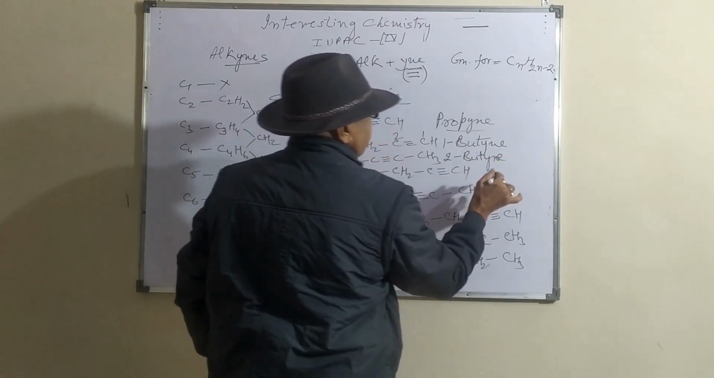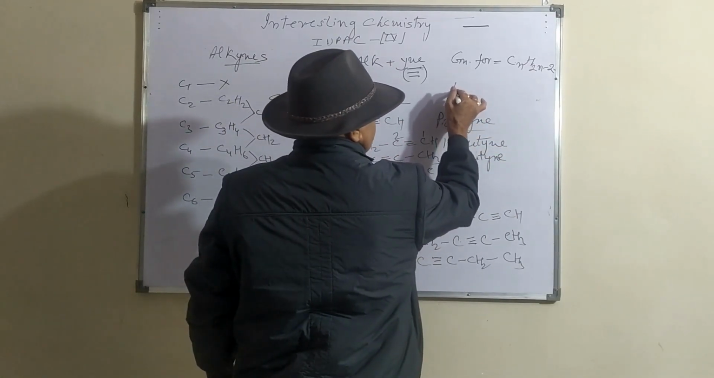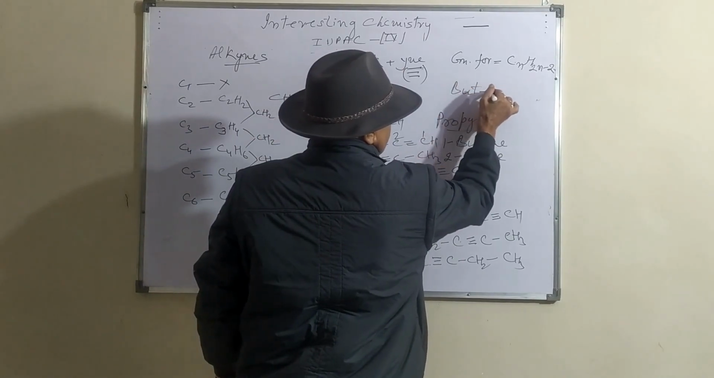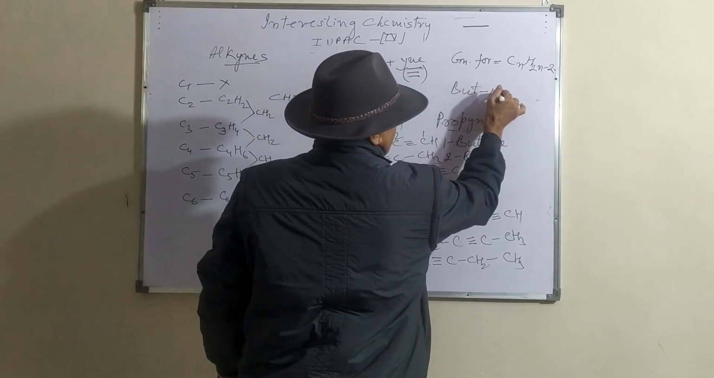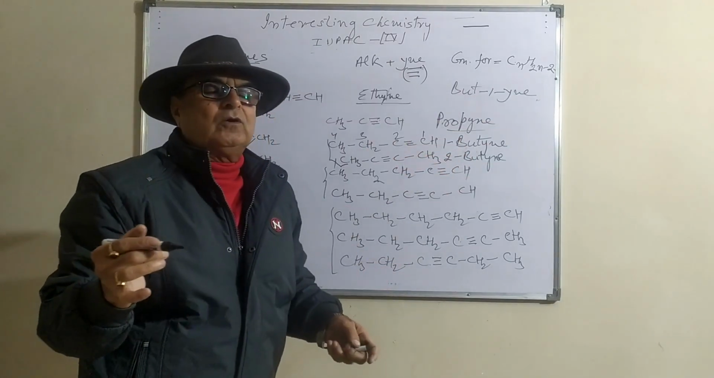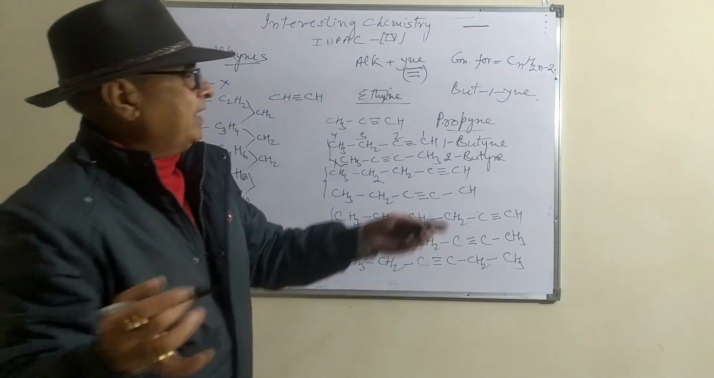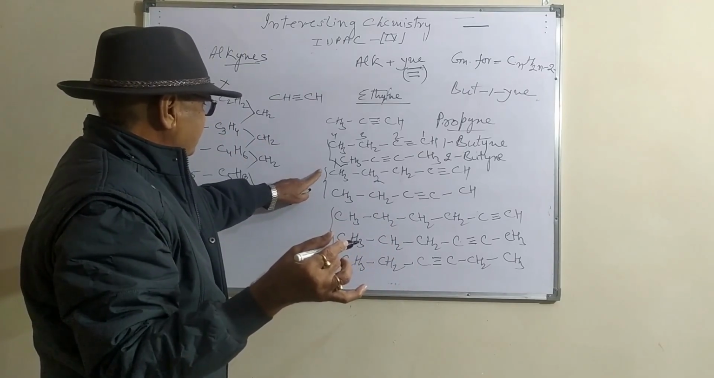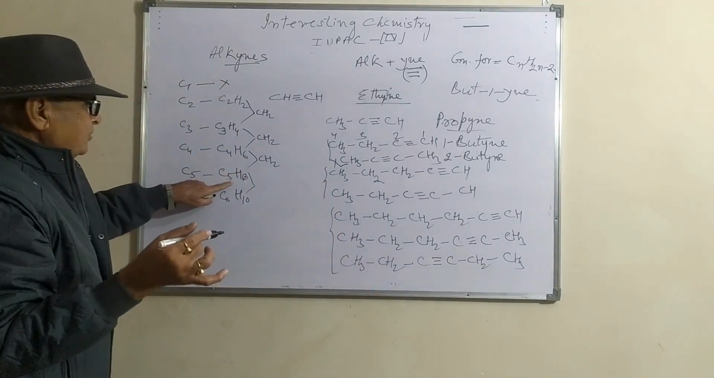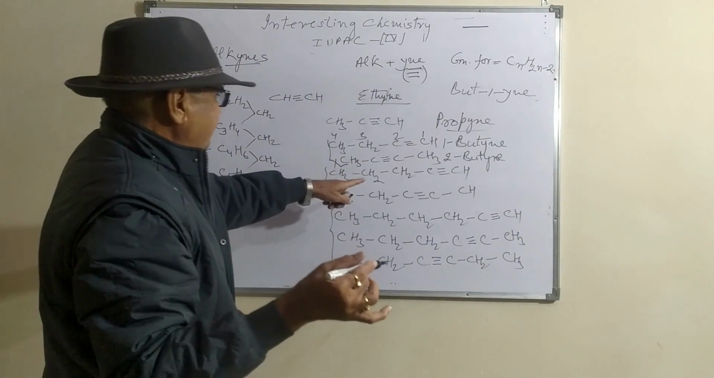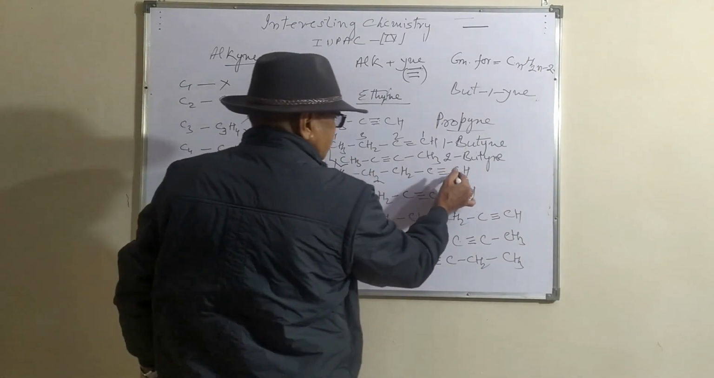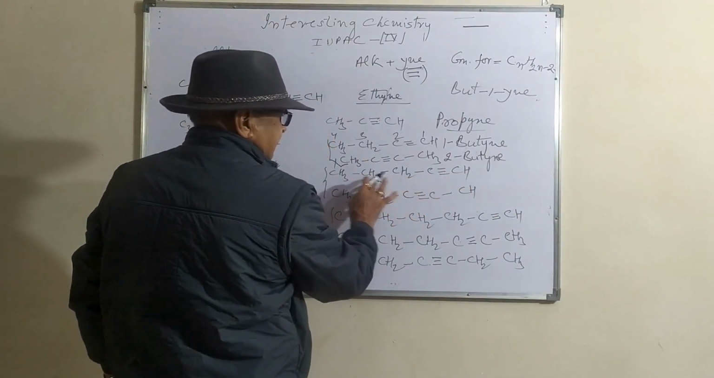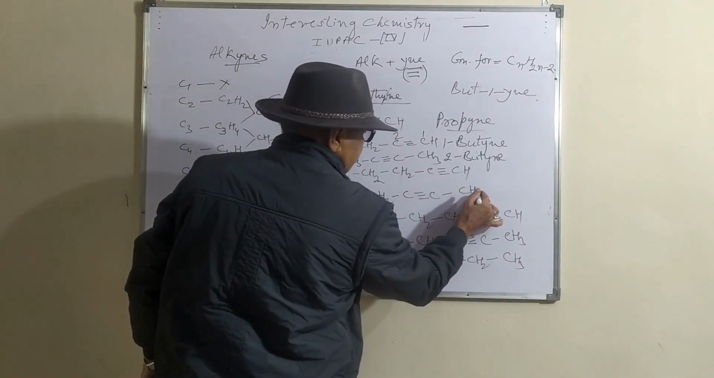So the name you can also write as but-1-yne and but-2-yne. So 1-butyne or 2-butyne or but-1-yne or but-2-yne are the same thing. Again come to this point. Here this is the pentyne, C5, and so here the name of this compound will be 1-pentyne. The name of this compound will be